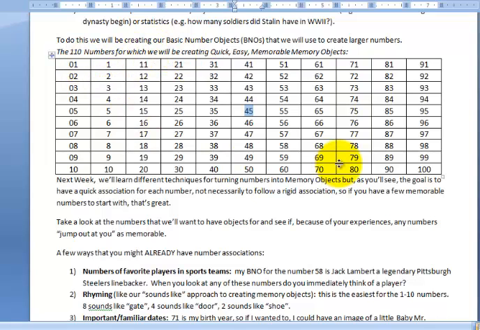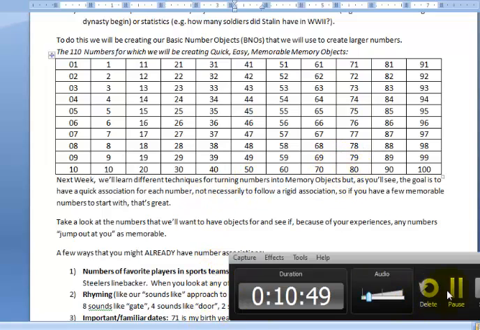All right? So the thing I want you to do today is make sure you've reviewed these numbers and just identified if any, two or three of these just jump at you, so that you're already starting out of the gate with some basic number objects that you can visualize in your head. And I want you to just practice, take some list, and just do a quick association with your number pegs so that you can just see how that works, as well as kind of an appetizer for turning numbers into